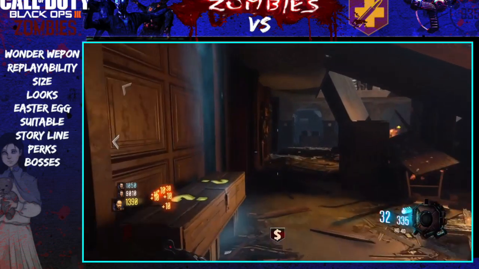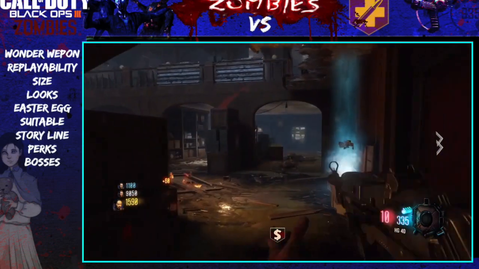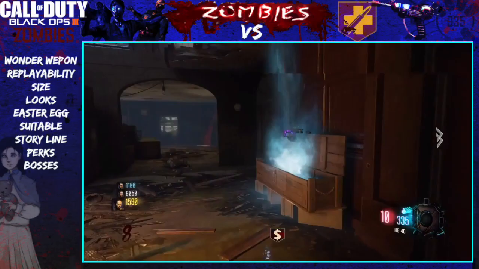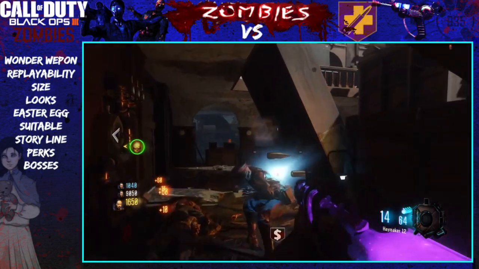Zetsubou no Shima just has more colours, which is why it gets a point, and it is now 2-2. The next point goes to the Easter egg, and how difficult, how entertaining it is, and how it actually concludes the map. And this point has to go